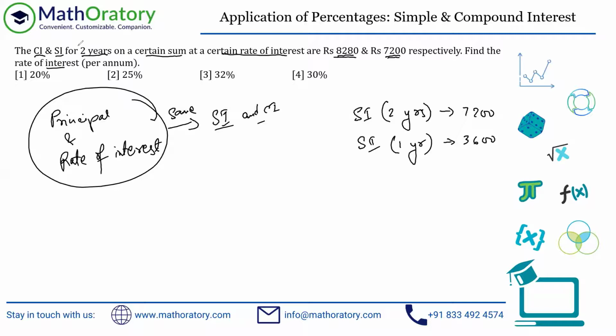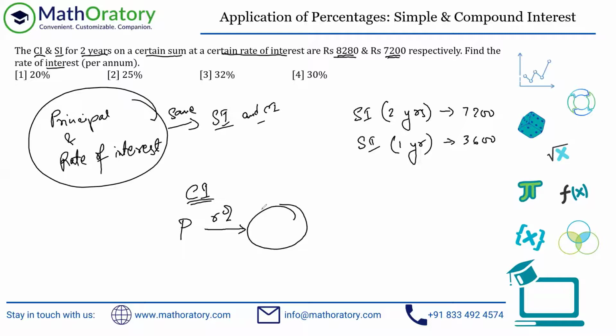Okay, so this is the interesting part of this question. Now, what you have to understand out here is, in case of the CI, the compound interest, this is the fun part. Let's assume the principal is P. So I'm not going to use this as a variable, just an indicator point. So suppose the principal is P. Now, in the first year, this is the only thing that generates the interest, right? So let's say the interest is R% or something, or whatever it is. So after generating R%, you are getting a certain interest, right?